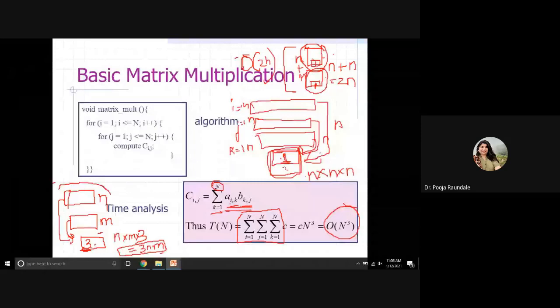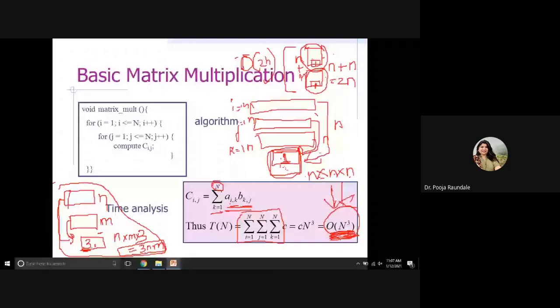Now come back here. In our matrix multiplication, let's say 1 unit instruction we run for 3 nested different loops where the 3 loops each run from 1 to n. That becomes n into n into n, and this is how a normal matrix multiplication is order n cube, where n is the order of the matrix. If the order of the matrix is 10 by 10, then 10 raised to 3. If it is 100, then 100 raised to 3, and so on, right?